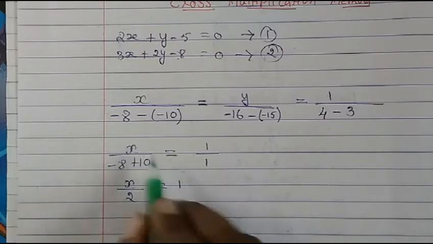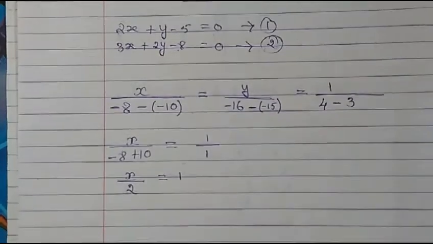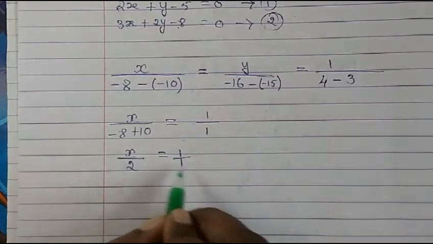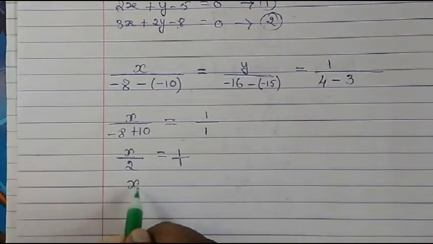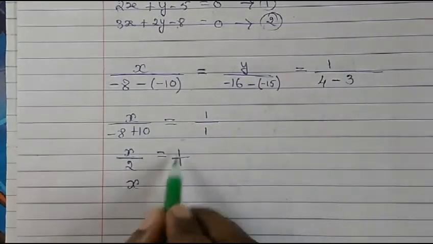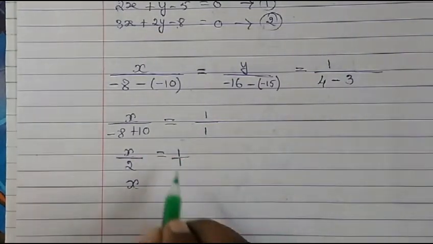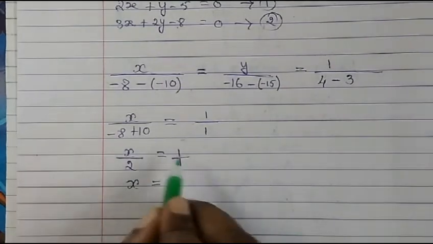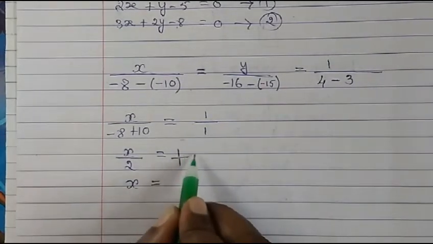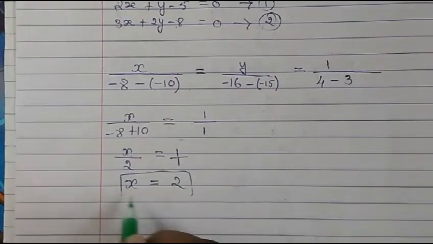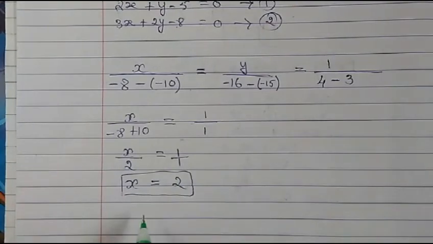Or you can also cross multiply this, that also no problem. If you are writing this way also, there is no problem. Now you cross, because we want x value, keep x here only, and this 1 upon 1 will give us 1 only. So even if you multiply, it will become 1 only. Then 2 comes this side, with 1 it gets multiplication, so you will get 2. So x value will become 2. So we found out x value.